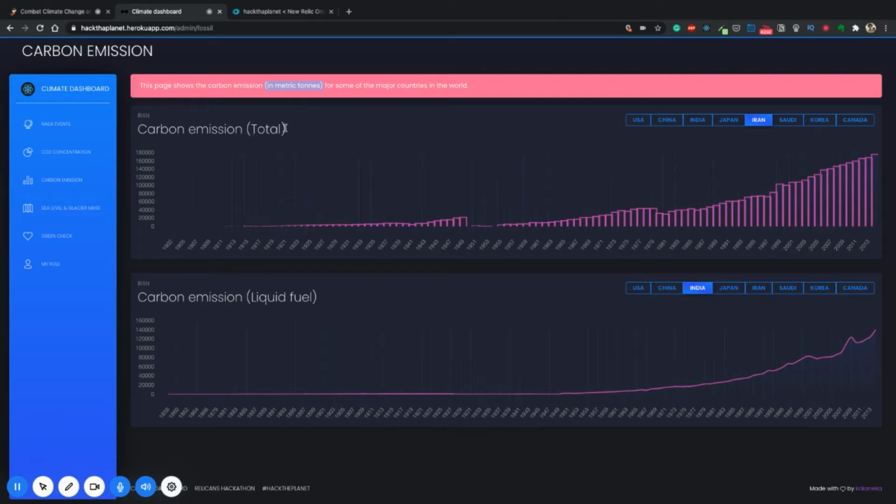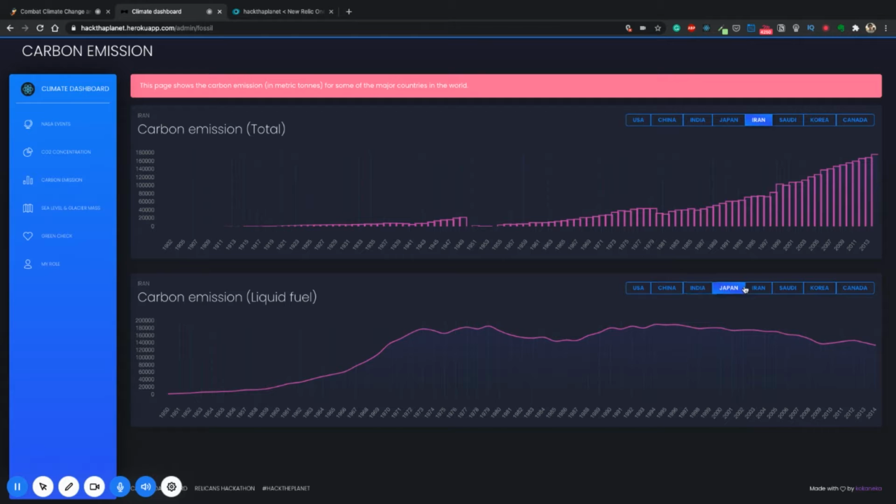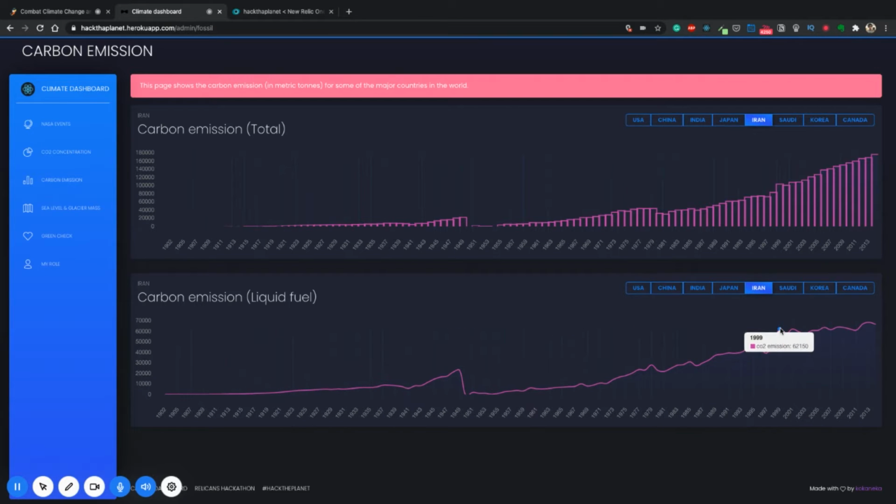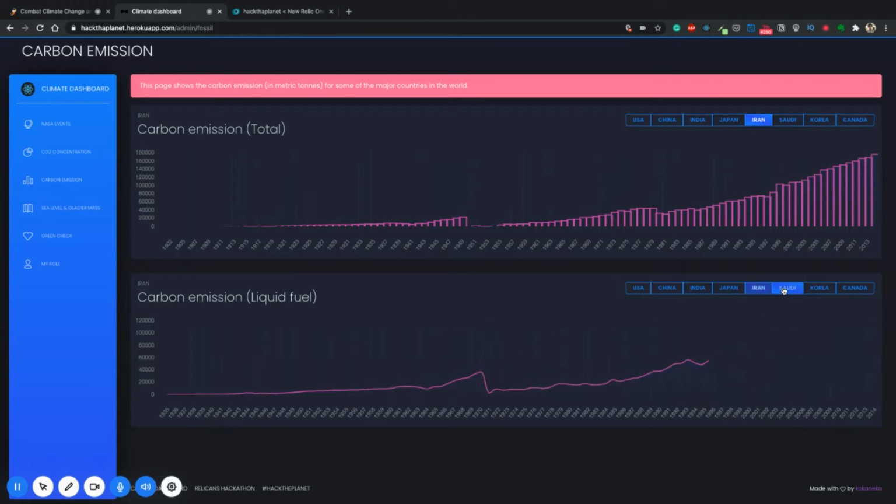Now, this carbon emission covers the total carbon emissions, which includes solid fuel, that is coal, etc., and liquid fuel, which is the refined products like petroleum and diesel. If we want to look at the data particularly for liquid fuel, to observe that the dependency on liquid fuel has been increasing rapidly, we can check this graph and see a country-wise dependency on liquid fuels.